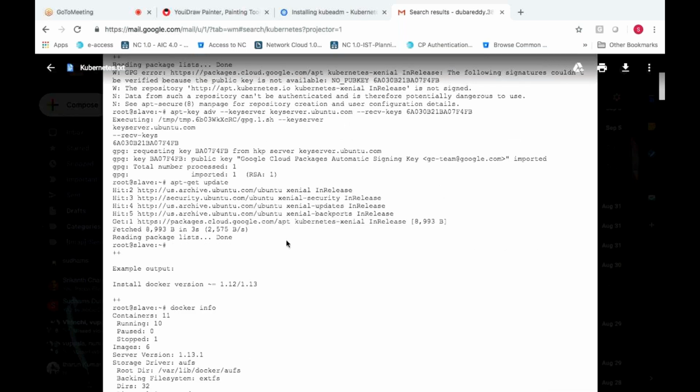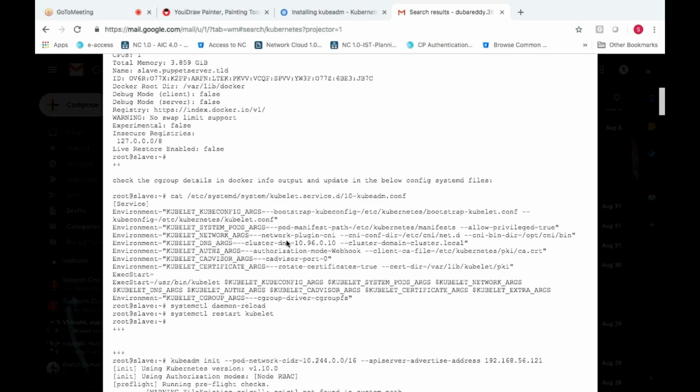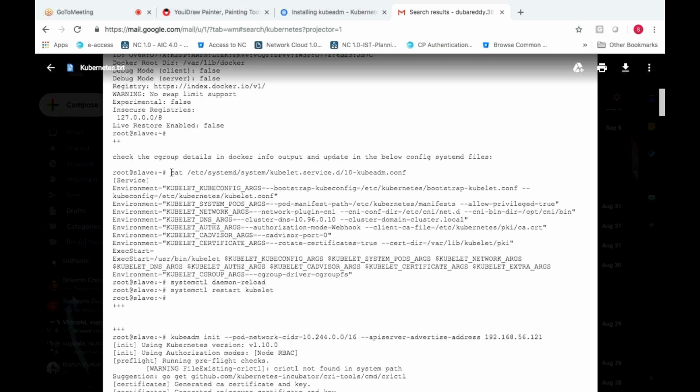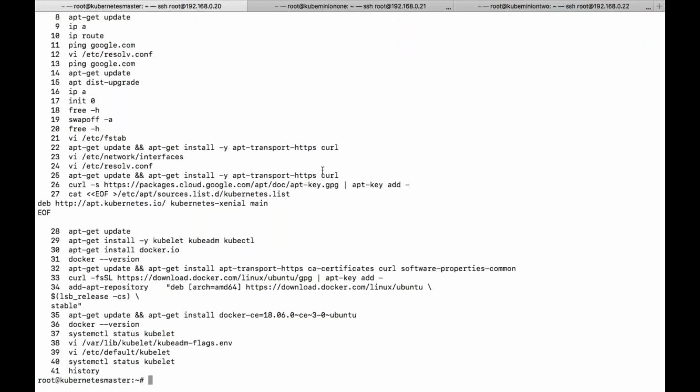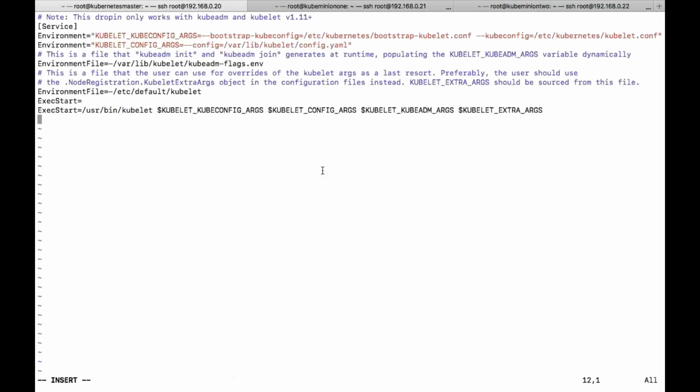I got it. And we just need to add one parameter called.